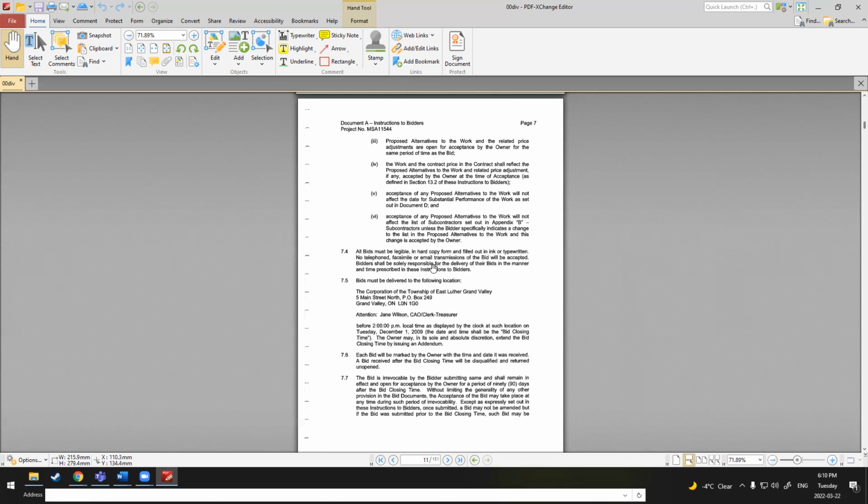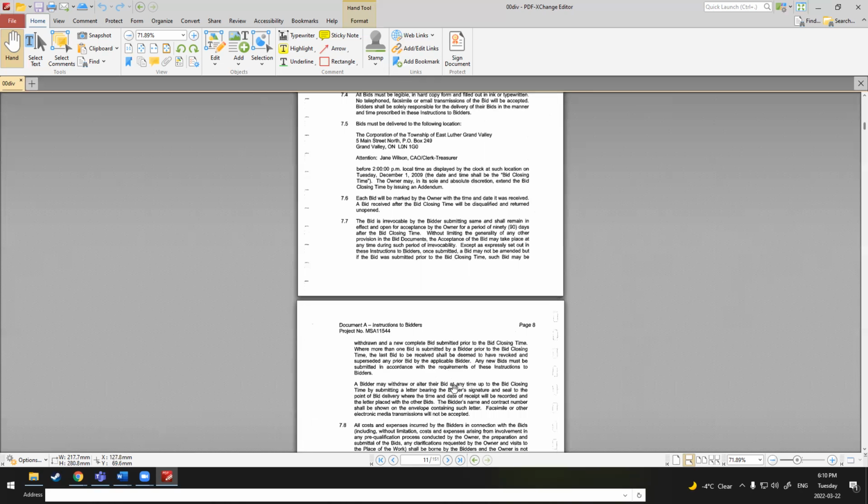Inside that tender package, there will be drawings, there will be specifications, and there will be a chance for questions. So a general contractor and other engineering firms, other contracting services will have a chance to review the specifications. They'll have a chance to review the design. If there are questions about clarifications for specific sections, those questions would be posed back to the municipality or back to the engineering firm or both, and then either answered in direct question answer format or